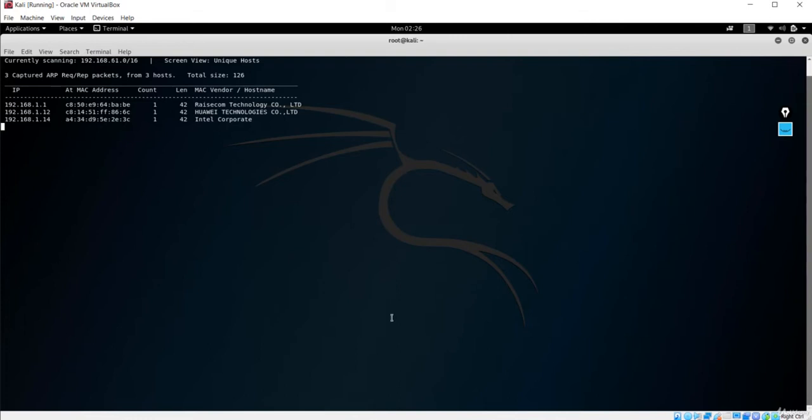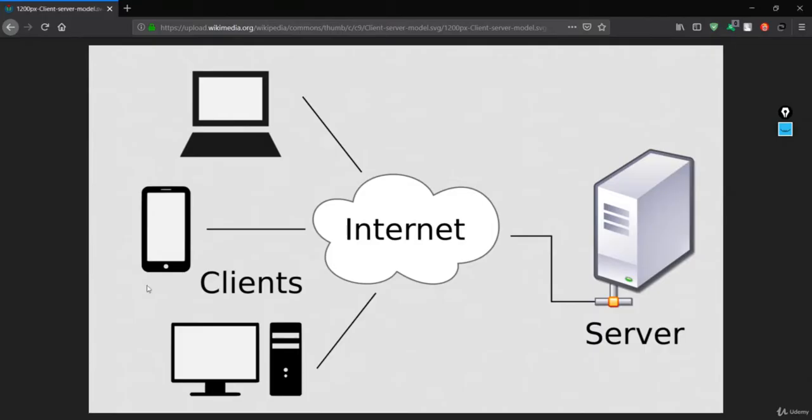Before that, just remember what we are going to do. First of all, you can see that we have this machine. Just remember this is our machine, and maybe this is the client. This is the mobile and this is the PC, which are the clients over here, and this is the server, obviously, and the internet. Maybe we have the router here,